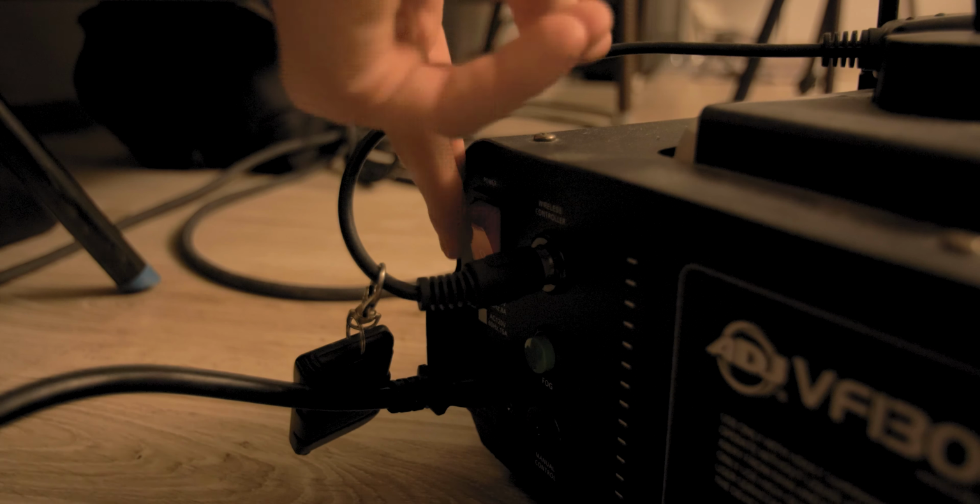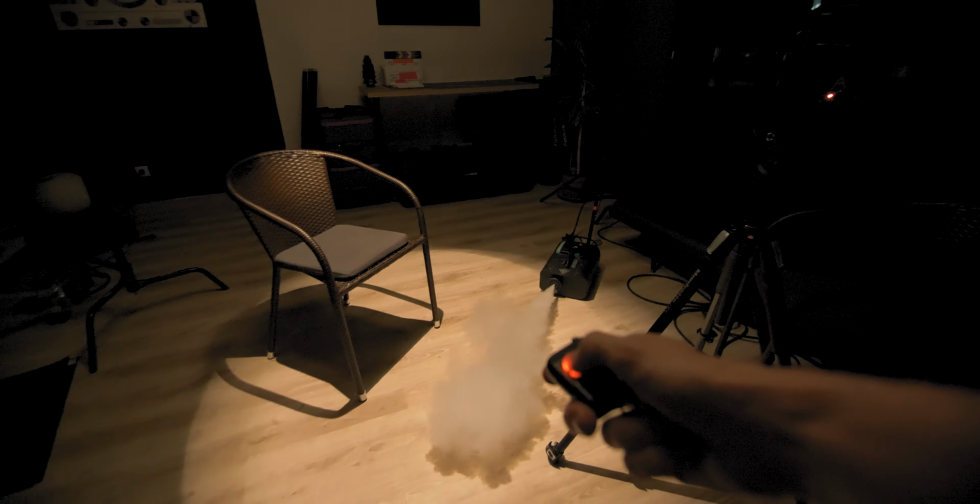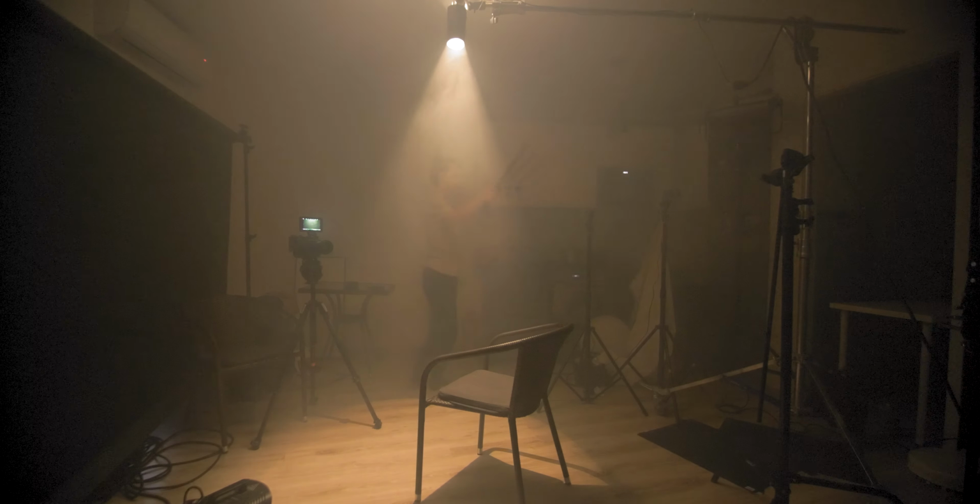It was getting better, but I still thought it was a bit too hard, so I decided to soften it up with some haze. Now I don't have a hazer, so I just turned on my smoke machine and waited till it was nice and even across the room. At this point it was already looking a lot better, and for some projects I might just leave it like this,